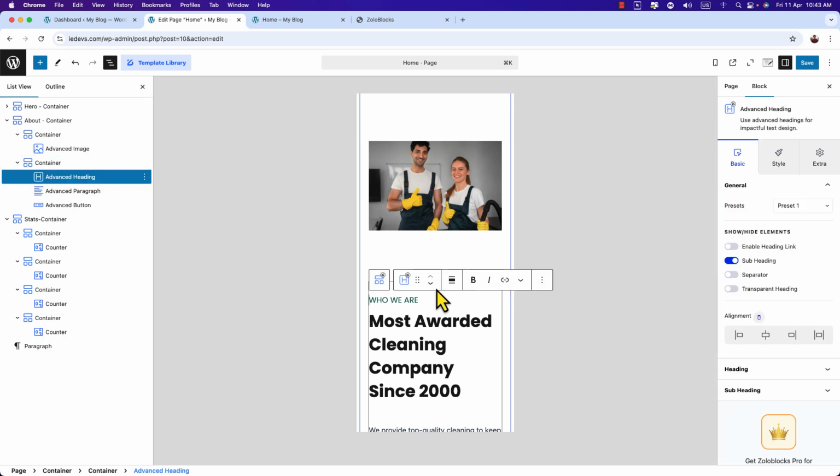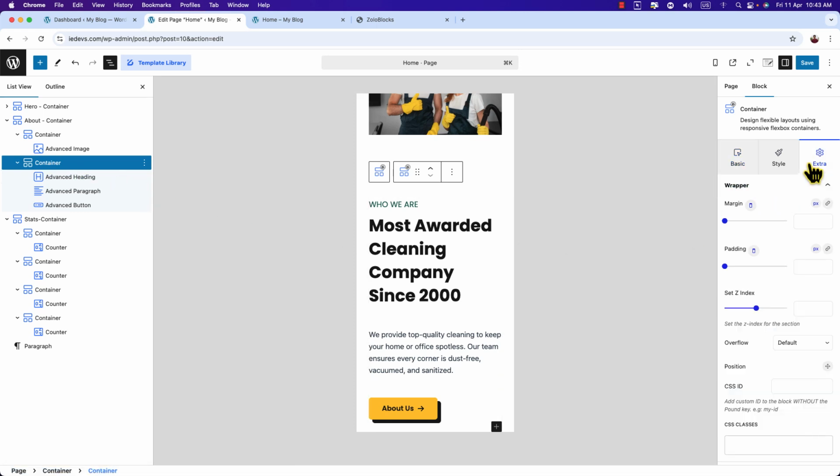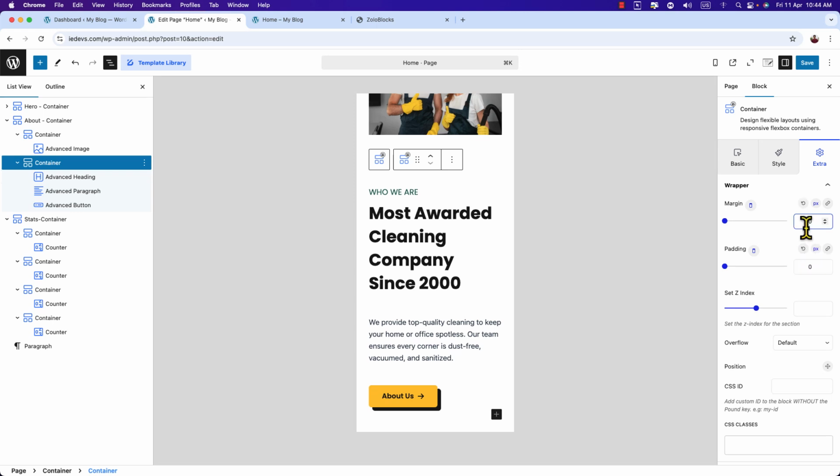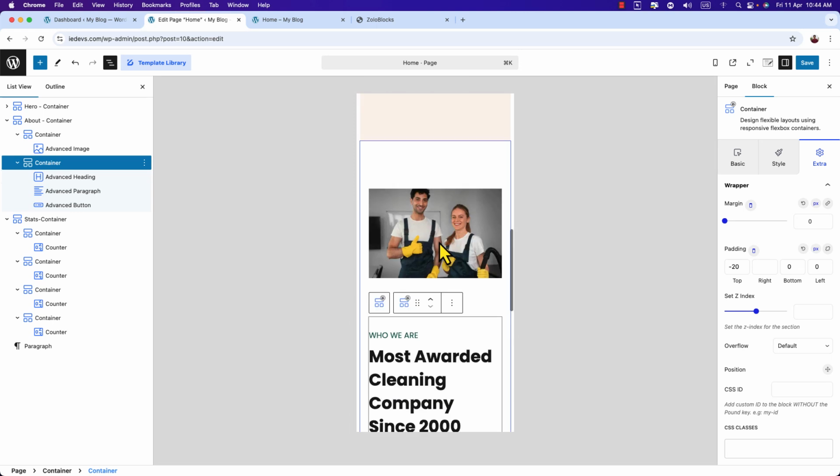Come over here, this container, and go to extra, set padding 0, set margin 0. Okay, a bit solved. Okay, I'm going to add minus padding here. Click over here on the top. I'm going to try minus padding of 20. No, on top. It will be on top, not my. Okay, my mistake. Okay, that's good. Hit save